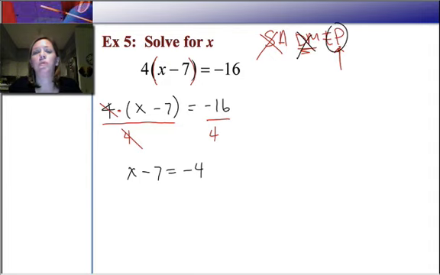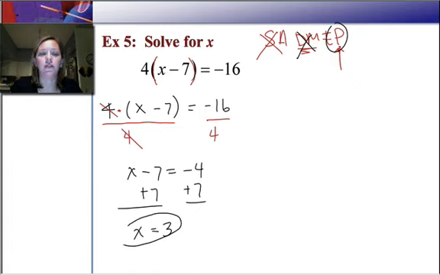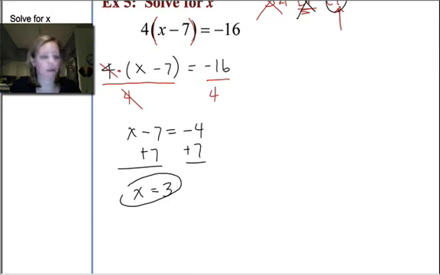Now, we're going to undo what was in those parentheses, the x minus 7, which is subtraction. And so we'll undo that by adding 7 to both sides. So negative 7 plus 7 is 0. Negative 4 plus 7 is 3. And we can quickly check this by plugging in 3 into the original equation. So it would be 4 times 3 minus 7